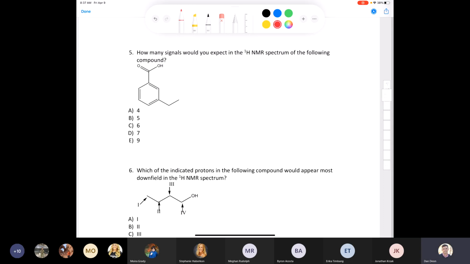How many unique types of protons would there be in this molecule? I can redraw it here. Yeah, some people are giving me some big numbers. I see that Skylar and Stephanie are both saying 7. I think you're in the right vein because there is no symmetry in this molecule. None. There's no rotational symmetry. There's no reflectional symmetry. And so